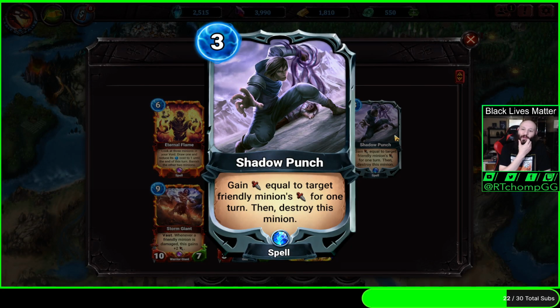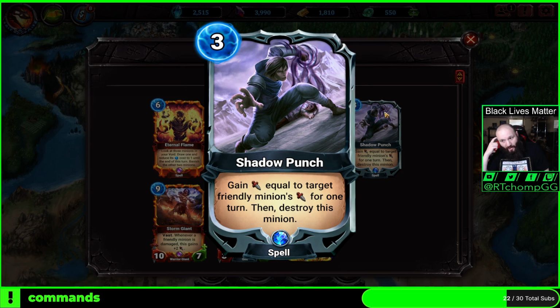Next is Shadow Punch. 3 costs, gain attack equal to target friendly minion's attack for 1 turn, then destroy this minion. We gain the attack, as in the hero, the champion. I mean, anything where you can intentionally sacrifice your own stuff has a lot of potential, both as counterplay to the stupid Keeper Lock decks, as well as just being able to leverage Bury abilities and stuff like that. You do get...